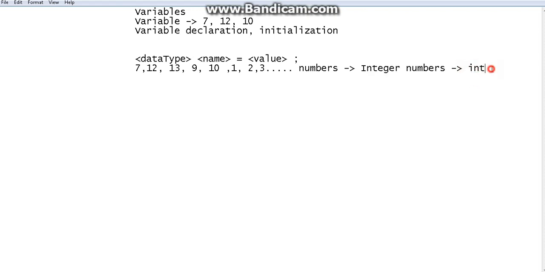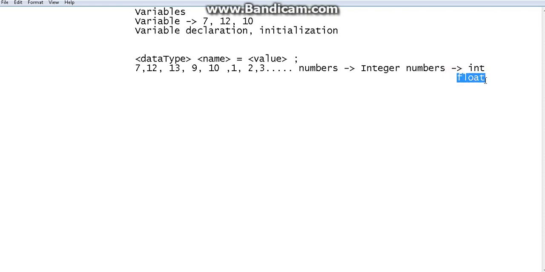Just for a little more information, if you are going to use 1.5 as a value, not for a pin but as a value, a point value, you can use another data type called float. 1.5, 2.2, if you are going to store like that, because it is not an integer value. It is extra information. We will talk about the data types later. For the moment, if you understand this scenario, this is enough.